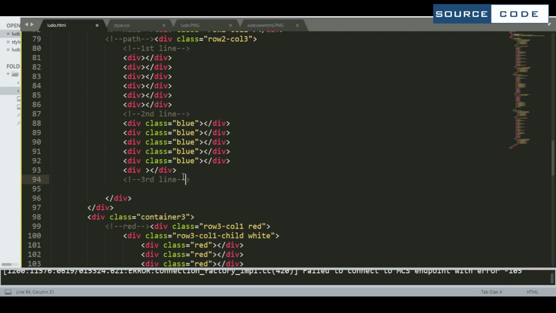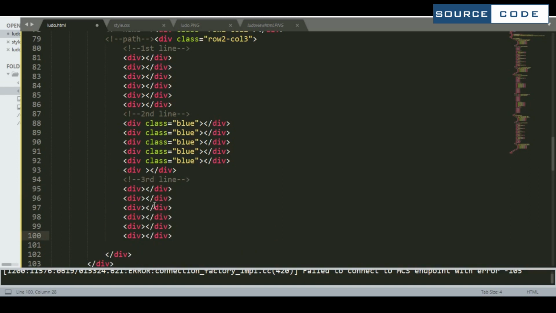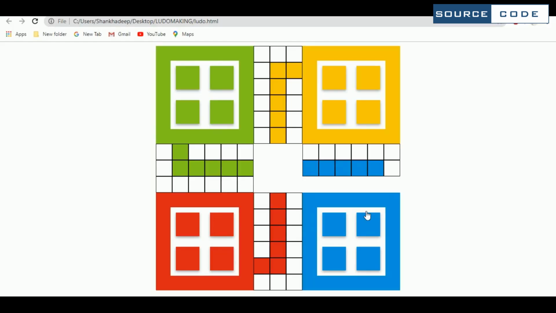So this is the third line. So in place of this, we need to add one class that is of blue color. Now let me show you the output how it is coming. And here we got our final result.